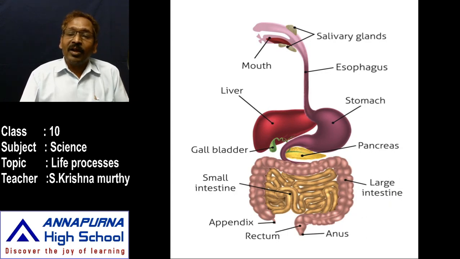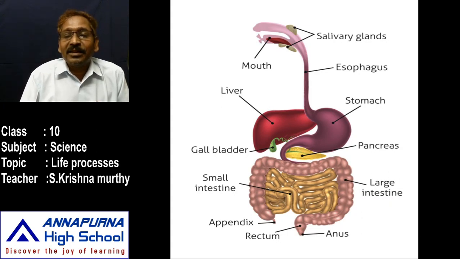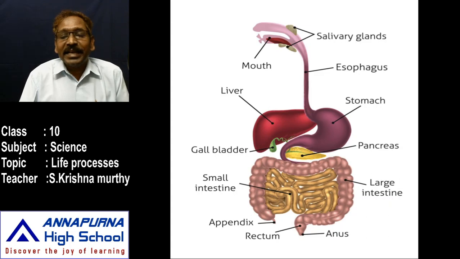Here the wall of the stomach also produces contraction and relaxation with peristaltic movements. The food should pass into another organ with peristaltic movements only. Once the food is partially digested here, that partially digested food enters another part. The food partially digested in the stomach is known as chyme.